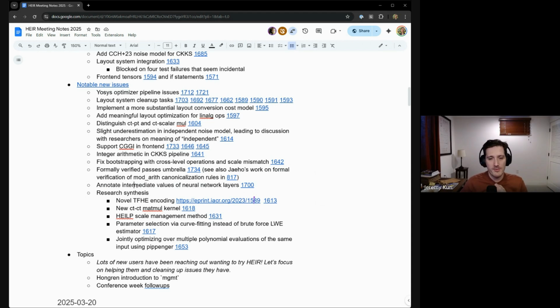I mean, in theory, we could do this for everything, but CKKS is the one that has noise modeling difficulties, right? And nothing I'm doing here is specific to CKKS. I'm just saying, can we run the neural network and annotate it with metadata? So we could probably use the same tooling if we have stuff that we want for CGGI as well.